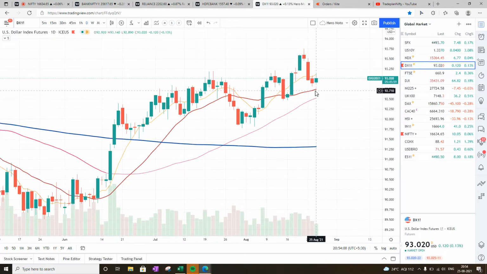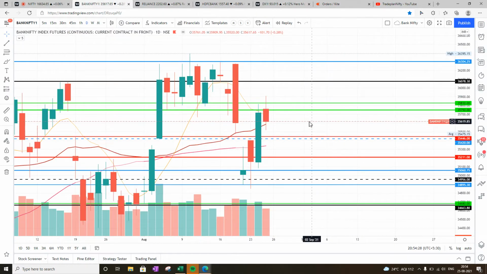Dollar index has also taken a kind of support at the 20 bar and started moving a little bit up, but still below the 8 bar moving average. At least for tomorrow, things are looking quite all right. So global signals are quite positive. In the next 2 or 3 days, things may get a little bit clearer, but as of now, no sign of danger. With that in background, let's have a look into Bank Nifty.